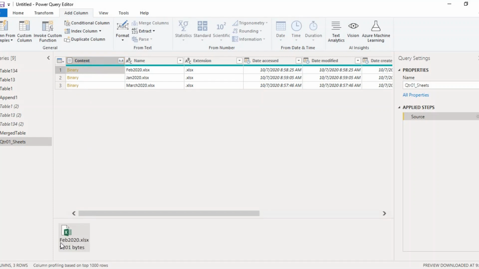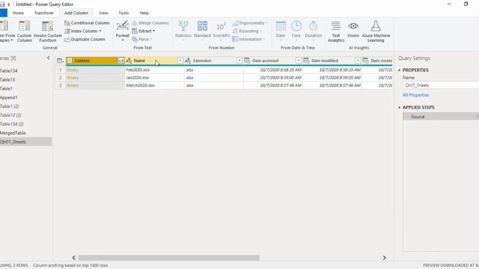If you just click over it, you can see we are getting the name of the sheet or the name of the workbook. Along with it, we are getting the size. So basically the whole content is present here, compressed into this number of bytes, and stored in this content column. Okay, so now we are only concerned about this content column and the name column.